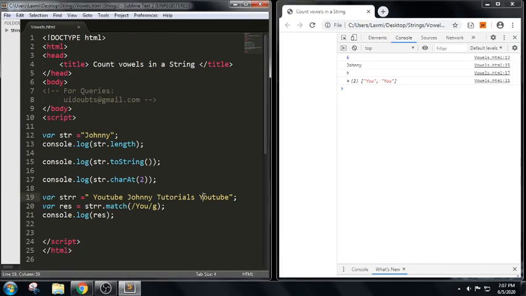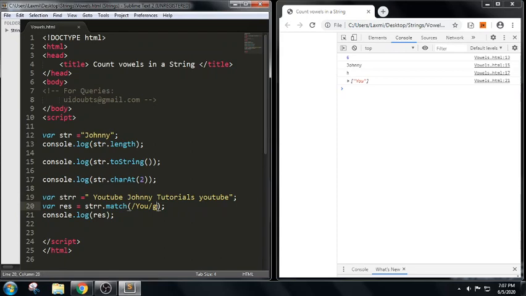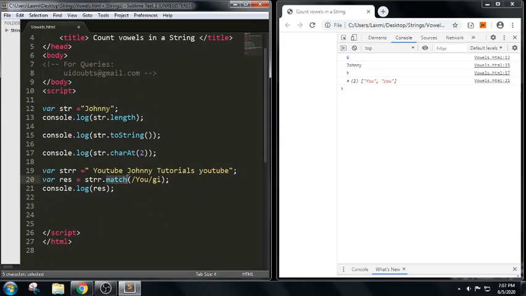Whenever I write, for example, only small y, we got only a single one. Suppose I write small i, we got 2. Here, as we have discussed, it is a pattern. G indicates global match, i indicates case insensitive. So this is how we have done a basic pattern matching with a u. g is global and i is case insensitive.